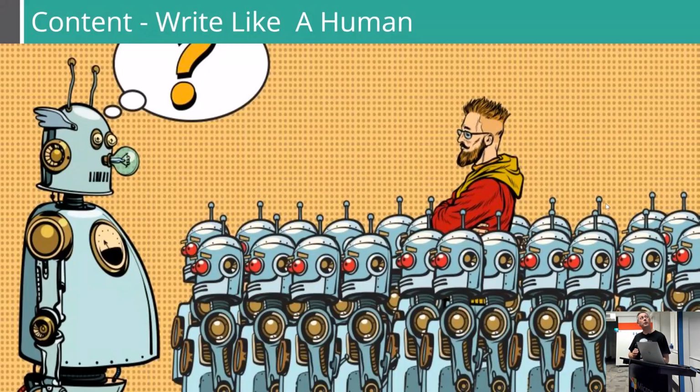Probably the most important takeaway for content is write like a human. So write conversationally. I know when people get into SEO and they find their keywords, they're really excited about it and they want to promote their keywords. Generally, people tend to write around the keywords, which is the wrong way to do. So have a think. Yes, you want to write your keywords, but you want to have a conversation, a proper human-like readability content, not just writing for the sake of trying to promote this one keyword.